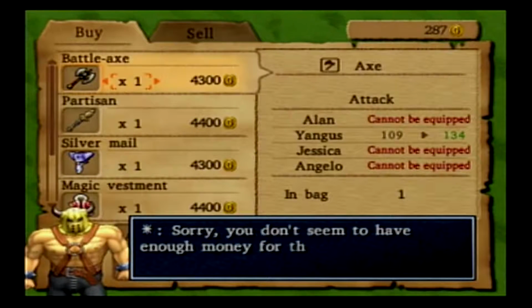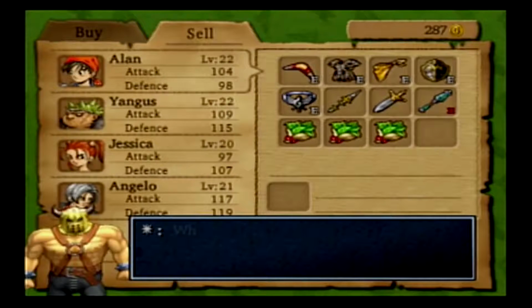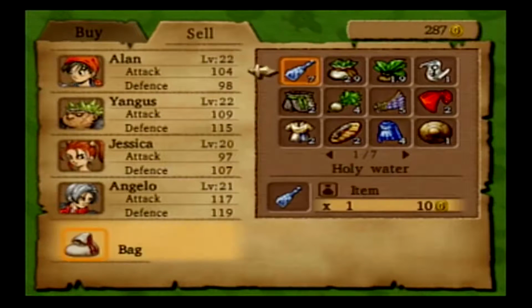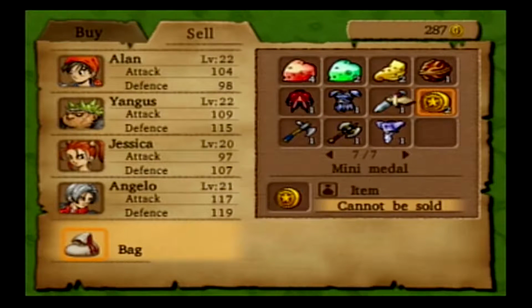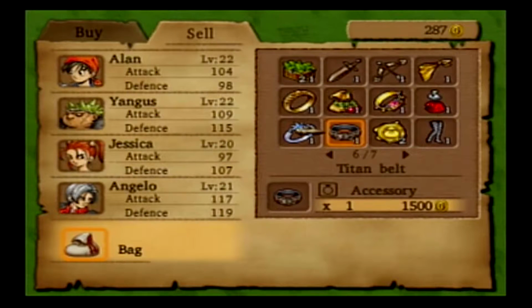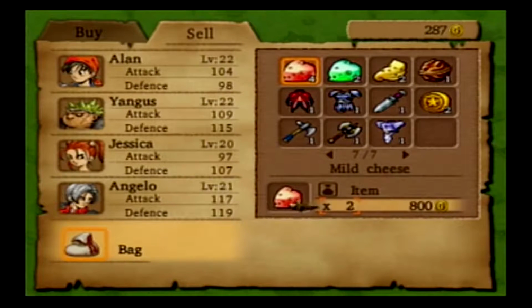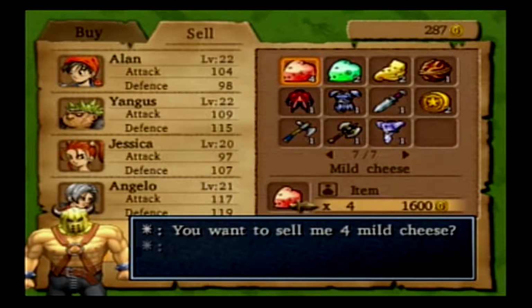And I do want to also grab a silver tiara for Jessica. Let me see if I can sell off. I know we have a bunch of monster coins and those cheeses, so we probably have plenty. Actually, matter of fact, I might have enough for everything I want here, because I forgot I still had these